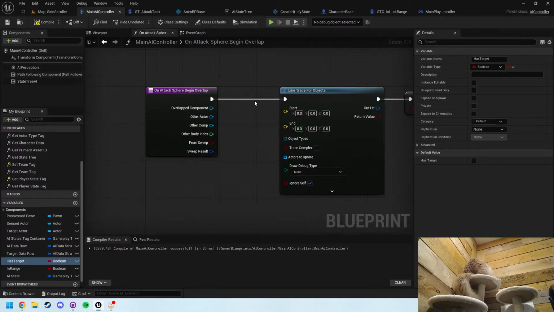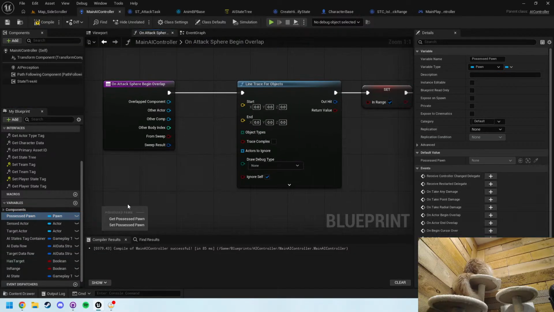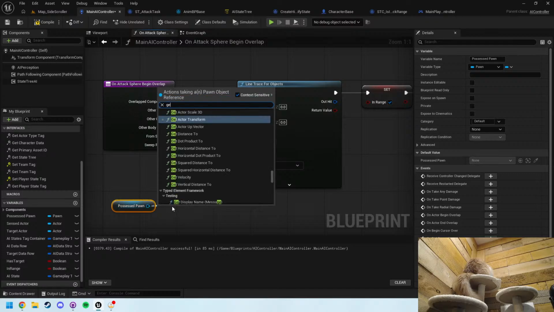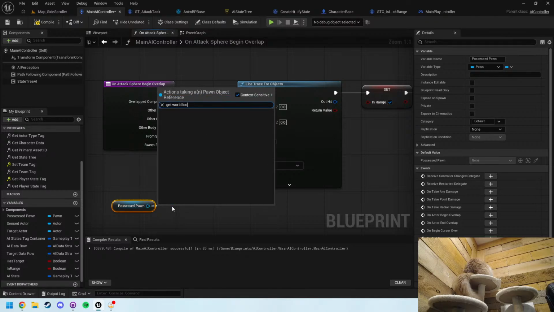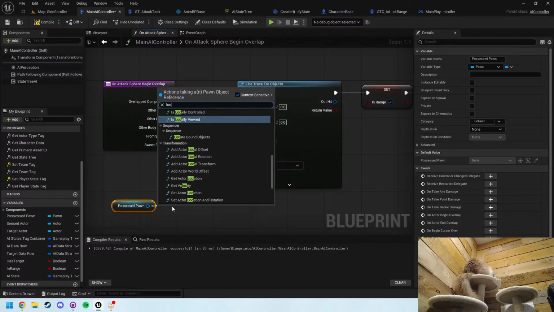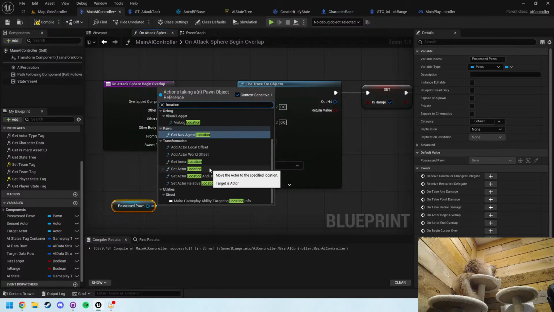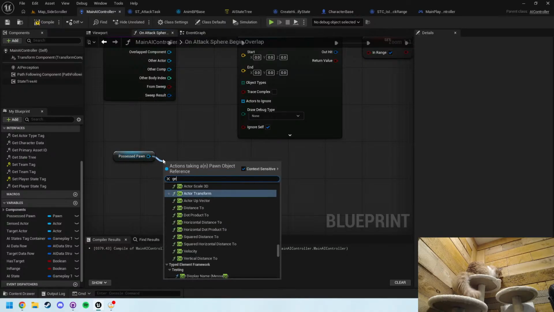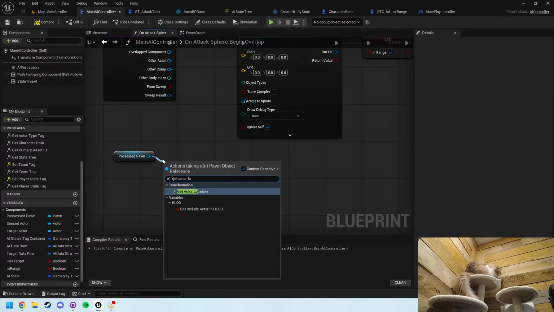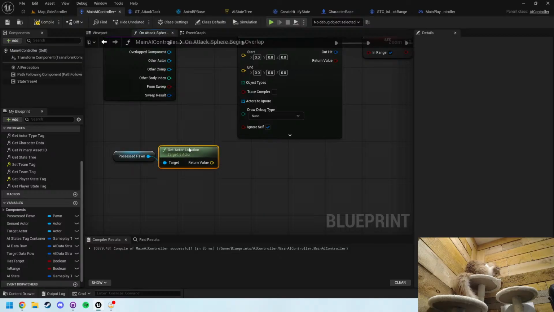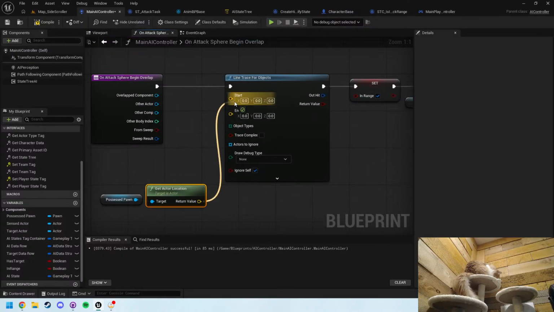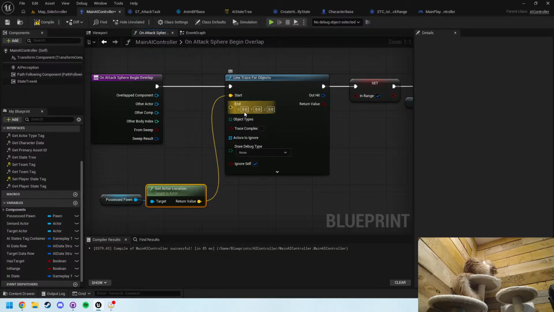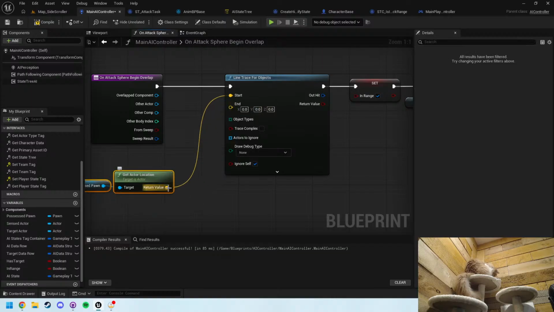Okay, so we get possessed pawn, get world location, oh, get actor location. Right. Get actor location. We will have that as the starting point. The end will be that plus